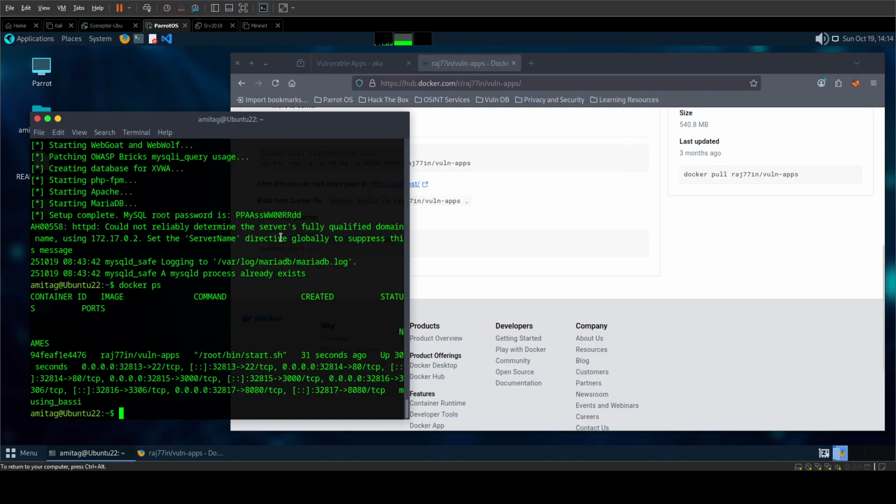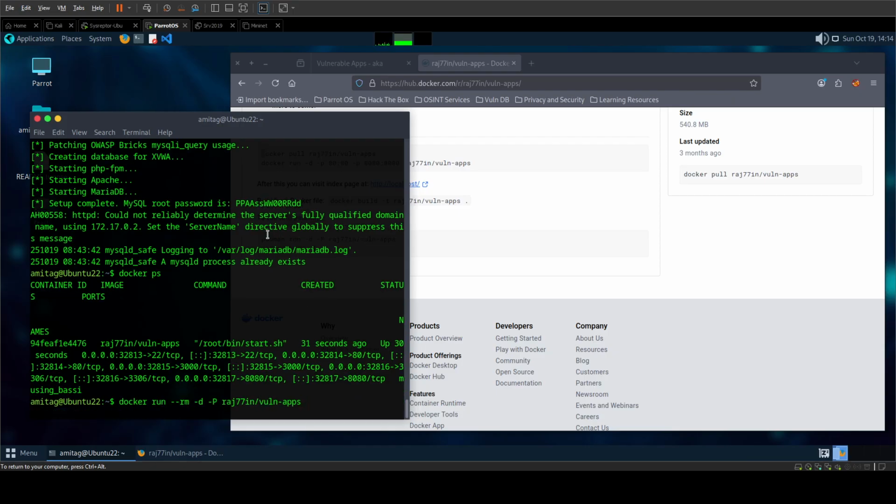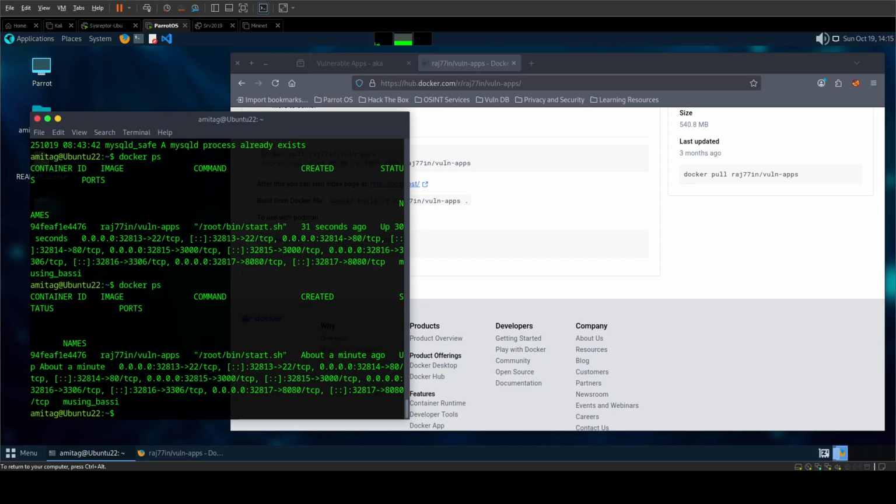I have run it with a slightly different command, and the command that I have used is docker run --rm -d -P to expose all ports, and then the name of the image. And if I do a docker ps, we can see that it is exposing 32813 to port 22 and 32814 to port 80. So we can go to port number 32814,